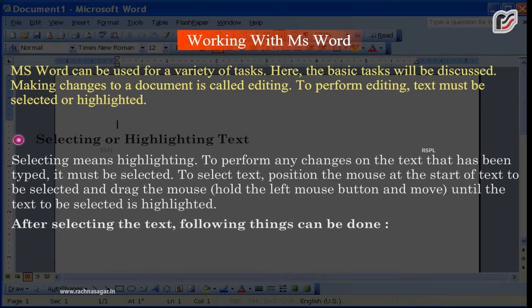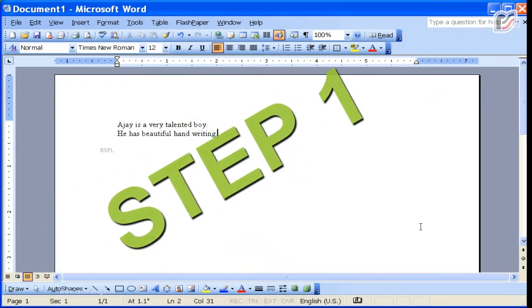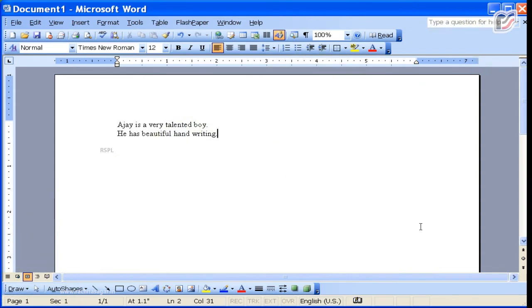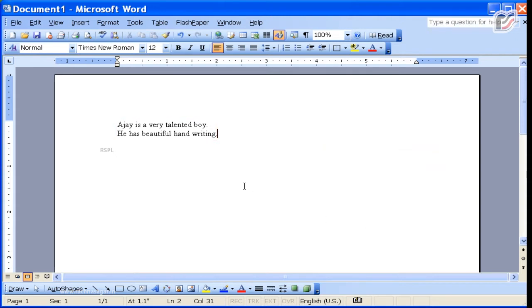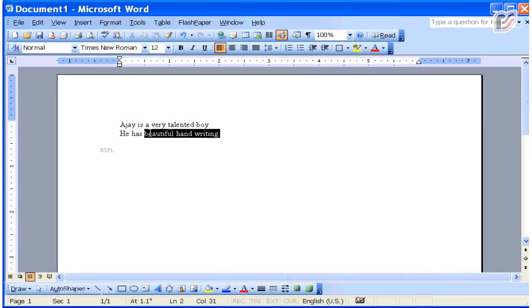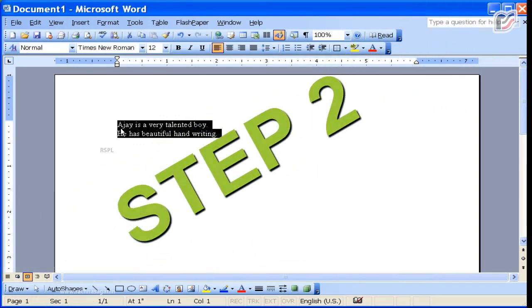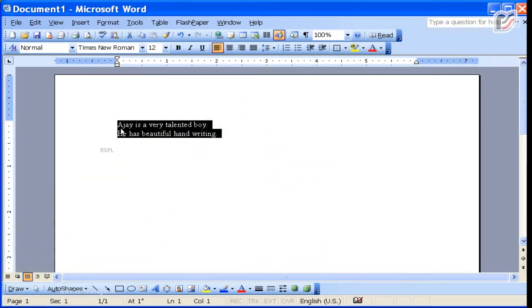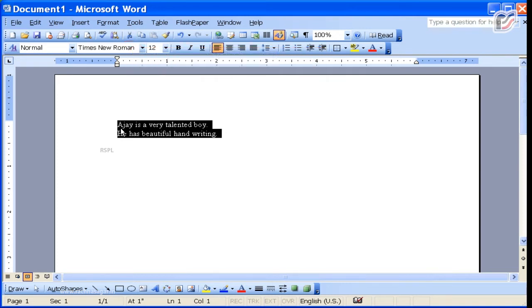After selecting the text, the following things can be done. Step 1. Select a line or a paragraph. Step 2. From the standard toolbar, click on the Cut button.